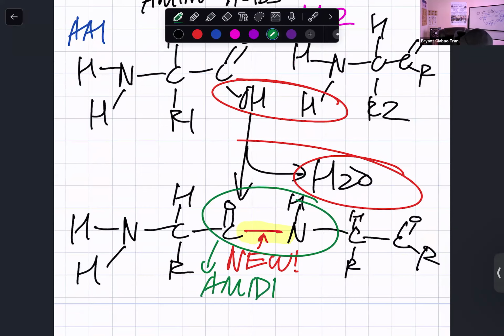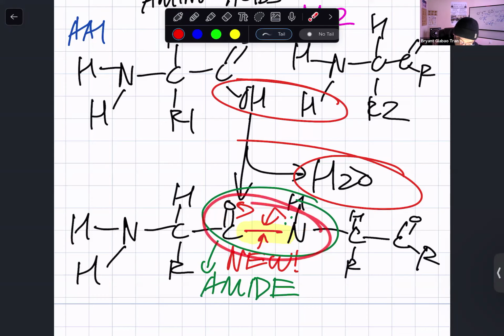And this amide here has no free rotation, right? Because it can do resonance. This lone pair of electrons on this nitrogen right here can do resonance with the carbonyl nearby. And that resonance structure gives it a double bond character that is restricted, flat, right? Because single bonds have free rotation, they can rotate, whereas double bonds and triple bonds cannot rotate. This resonance characteristic of this amide group here is making this peptide bond